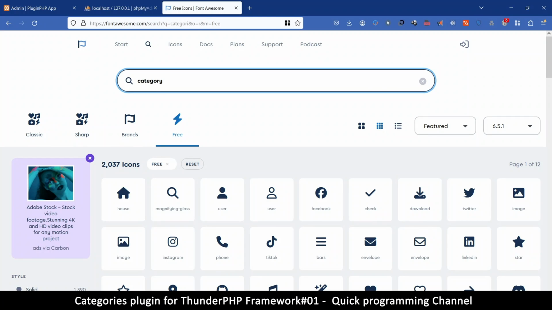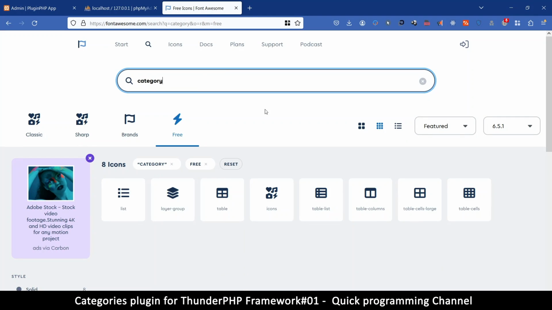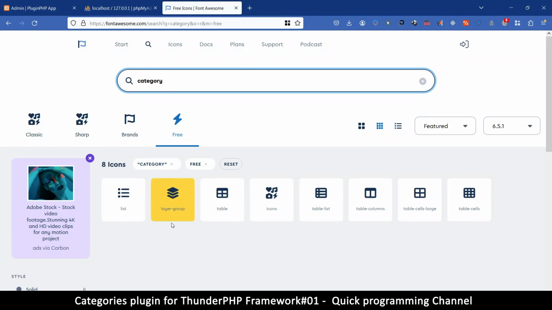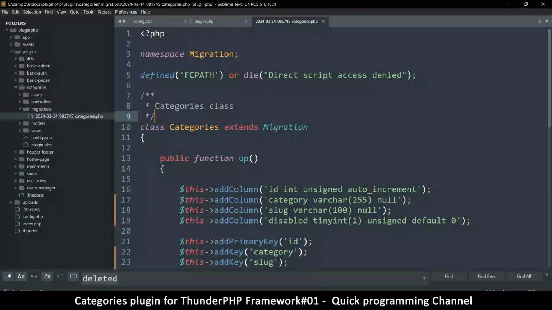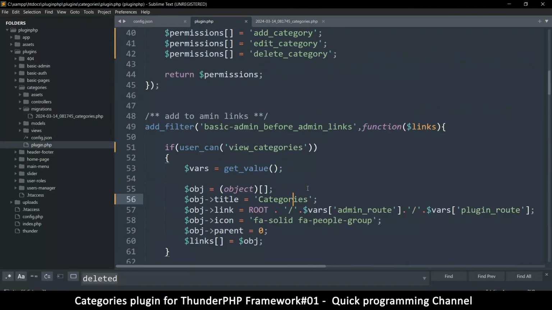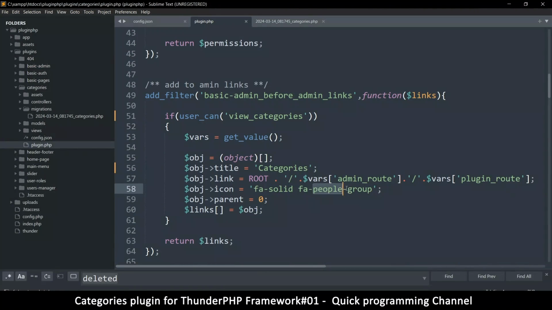Let me try and search for category here. Maybe this list item here. Don't I already have that? Maybe not. Let's see, layer group. I kind of like this one instead. So let's use that. If I go to my plugin.php, there's that part which describes the